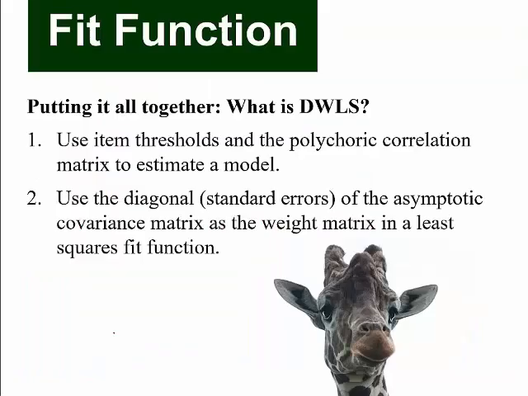So now we have everything we need to apply a diagonally weighted least squares procedure to our confirmatory factor analysis model. What we're going to do is first estimate item thresholds, or actually the computer will do all this for us when we use computers. From the thresholds we'll estimate polychoric correlations,